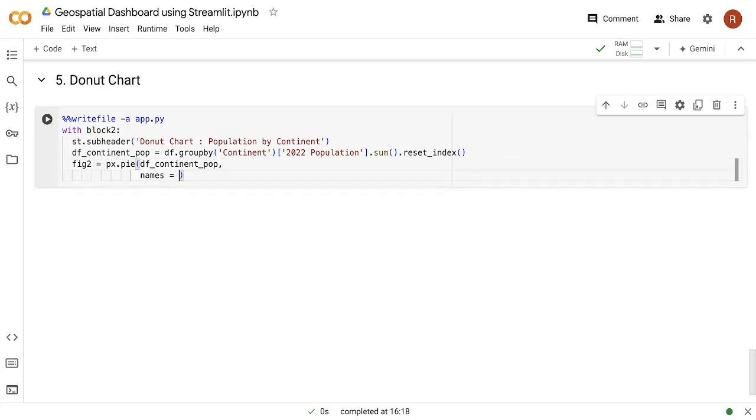So the names should be based upon the continent. This continent is the column from our data frame. After giving the names, secondly we have to give the values, and values will be depending upon the 2022 population. So let me just copy this column name and I will give it here in the values argument. After that we have to give the hole size, that is, let's say 0.4, and this is how the donut